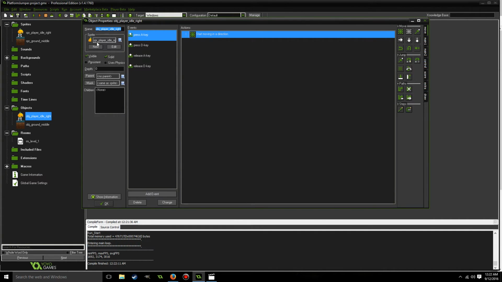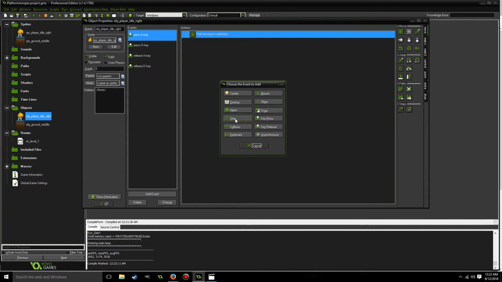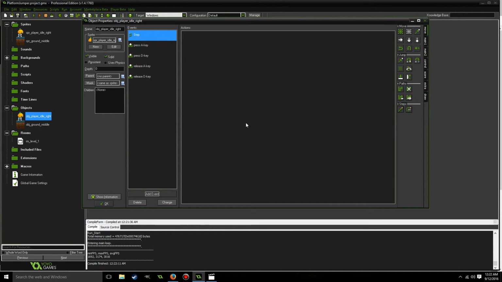So, okay, he's not on the ground, so we're going to add an event. We're going to add a step, and a step is basically like, if you start a step, it happens, I think, 30 times a second or something, and it just keeps repeating itself while you play that level until you end the step. So I'm going to go step,